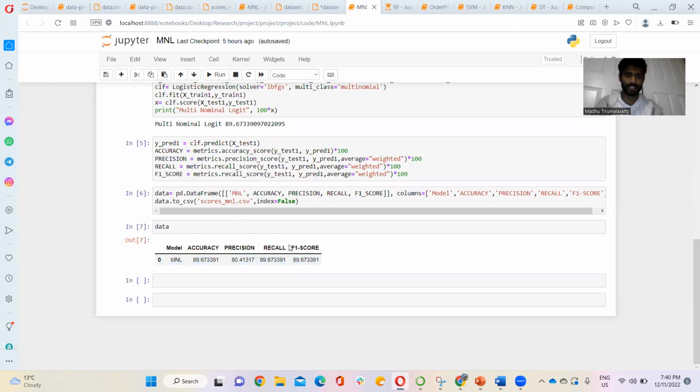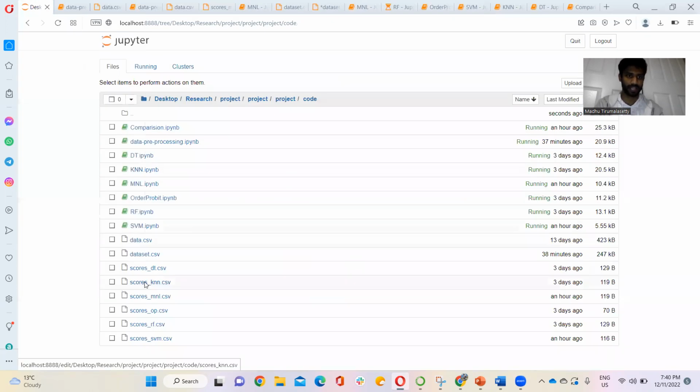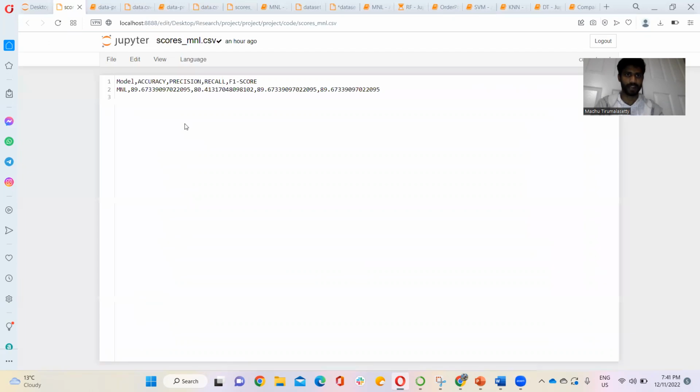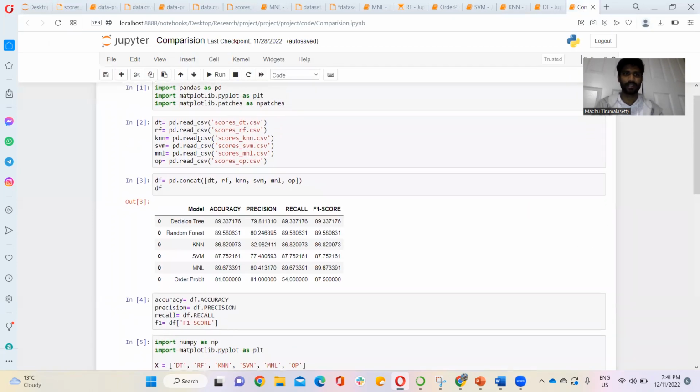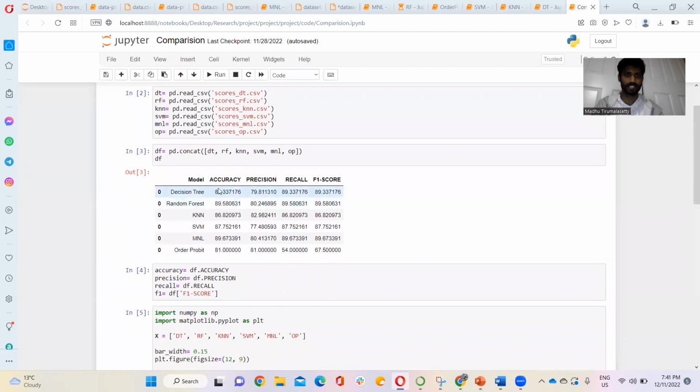We are capturing this and keeping it in a CSV, that is scores_mnl.csv. Coming to the comparison, this is the main thing we are doing. Here we are reading all of these files, like scores_mnl.csv, that we saved in different folders.